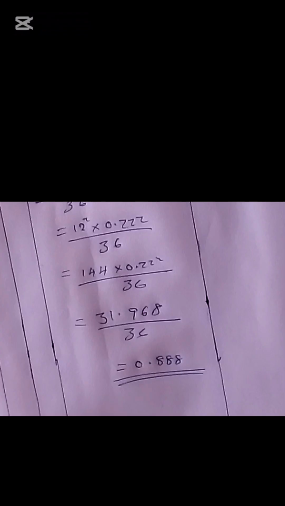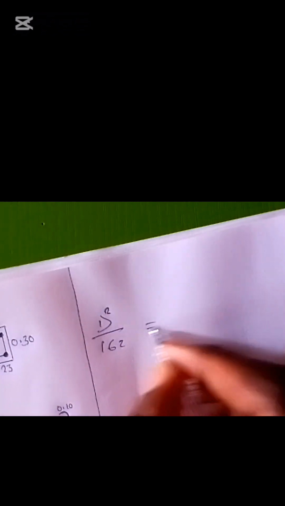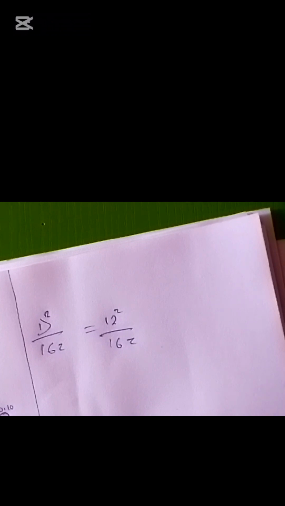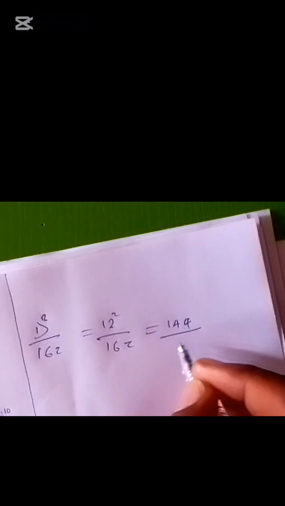Now the second formula I talked about is this. The second formula is diameter square all over 162. This is the second formula. So now let's see if we are going to arrive at the same factor of conversion. Now our D square is still 12 square, then all over 162. Now let's punch the calculator to see what we have. Mind you that 12 square is going to give us 144. Then dividing it by 162, that's going to give us